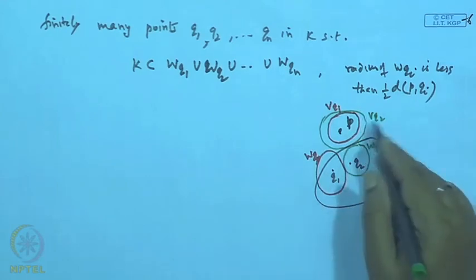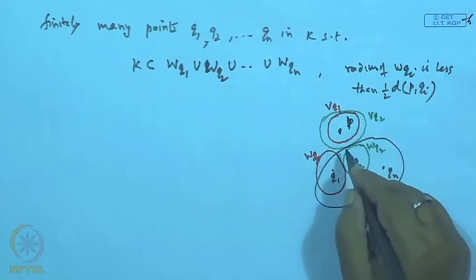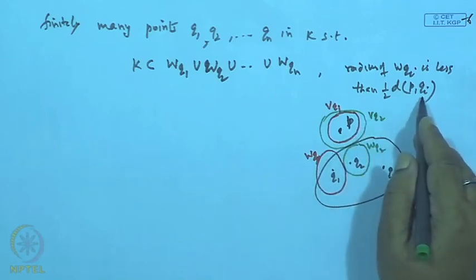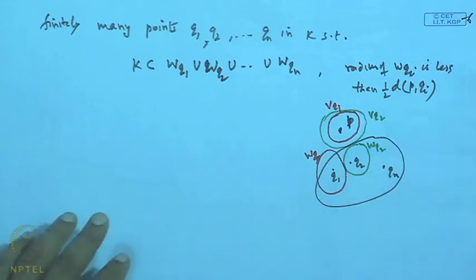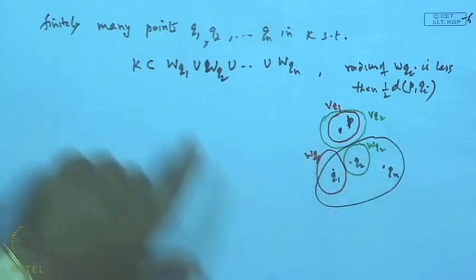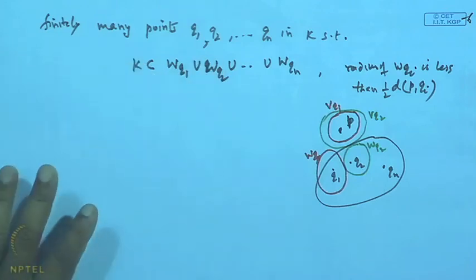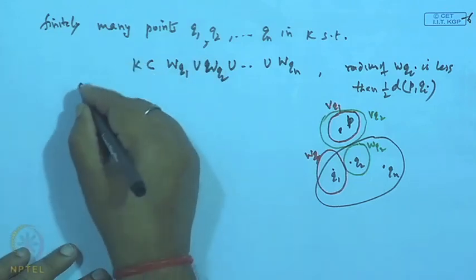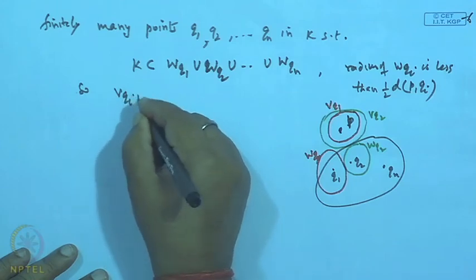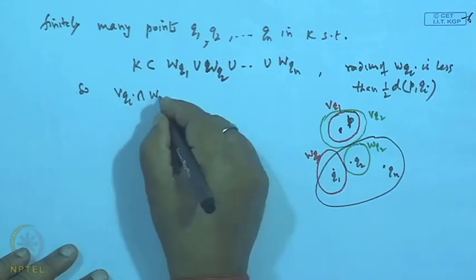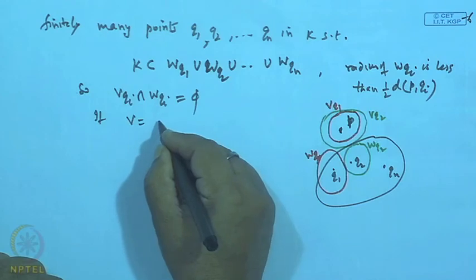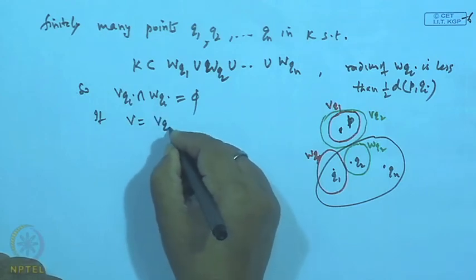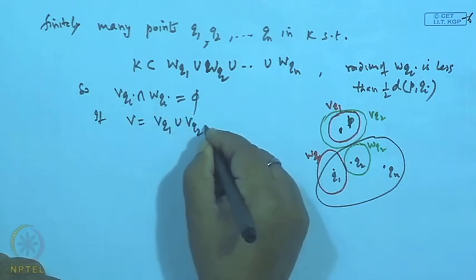Again they are disjoint, because the radius is less than half of the distance p q 2. So, obviously V q 1, V q 2, up to V q n will be disjoint from the corresponding W's. So, V q i intersection W q i is empty. Now, if we take V as the finite union of V q 1, V q 2, up to V q n,